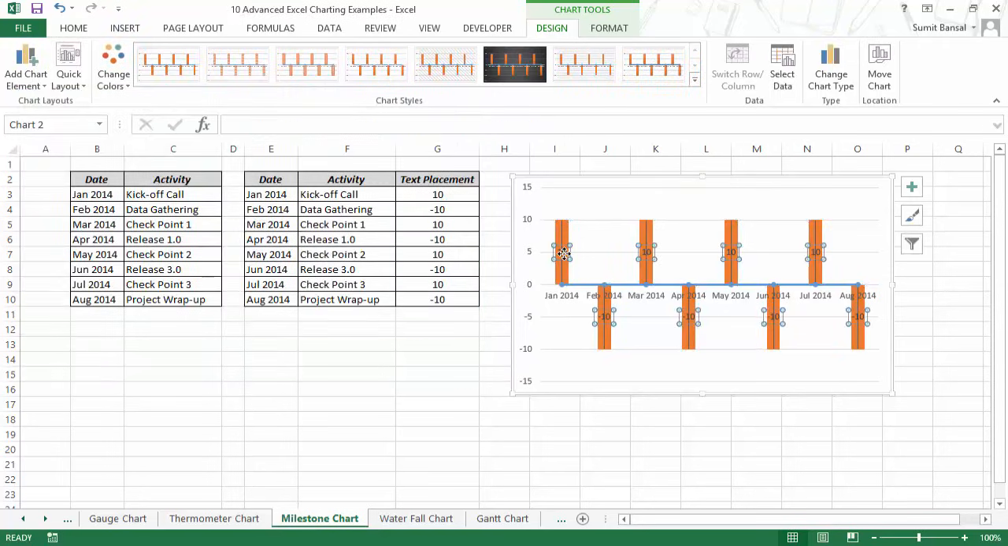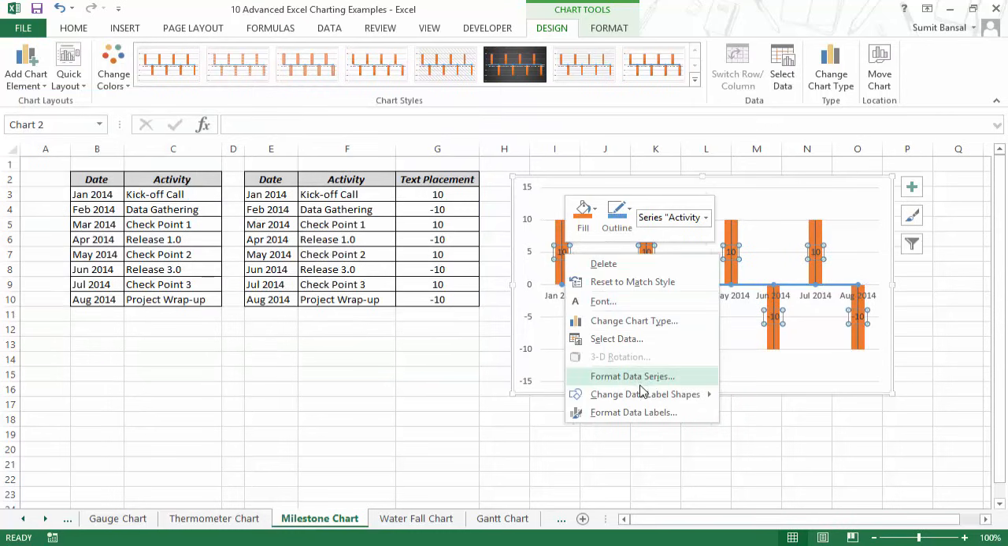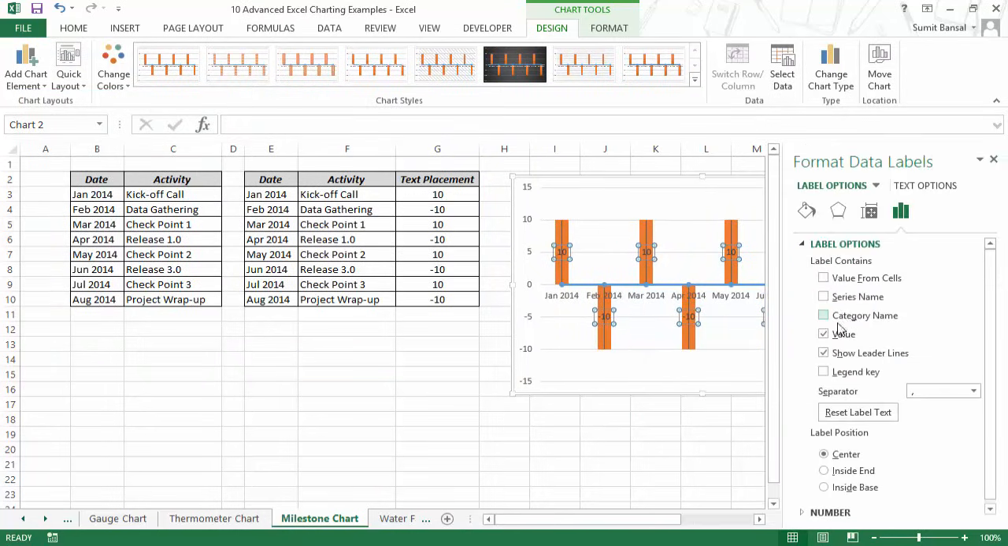Now when you go to data labels and you click on format data labels and select category name, you can see that kickoff call comes as the first data label, data gathering comes as the second data label, and you can deselect value and you would have these data labels available. This trick works in 2010 and 2007, but if you're using 2013, you need not go to this detour and change the